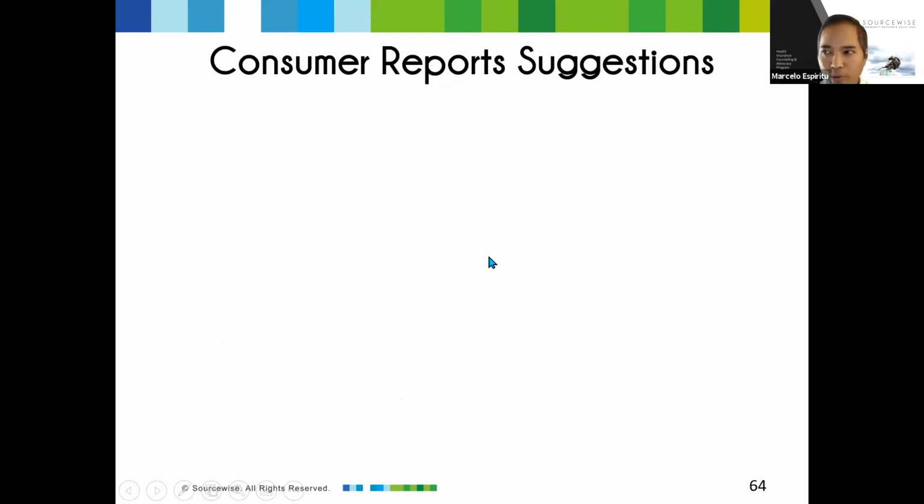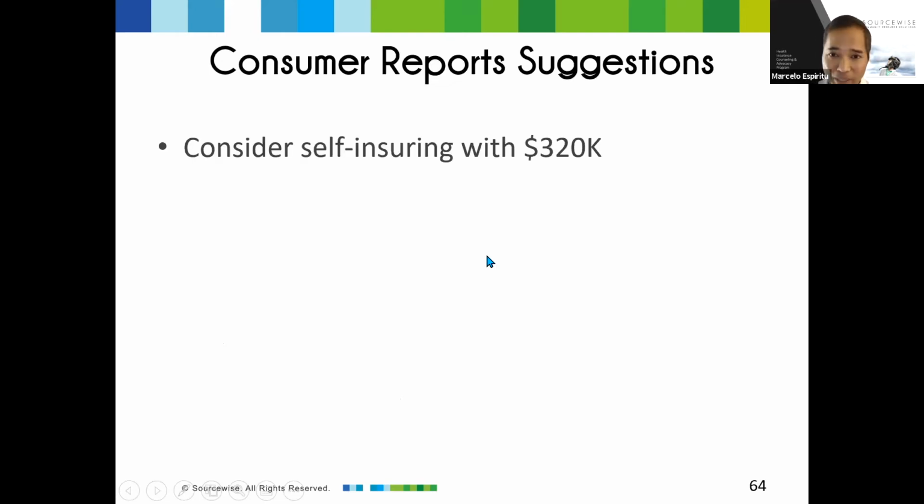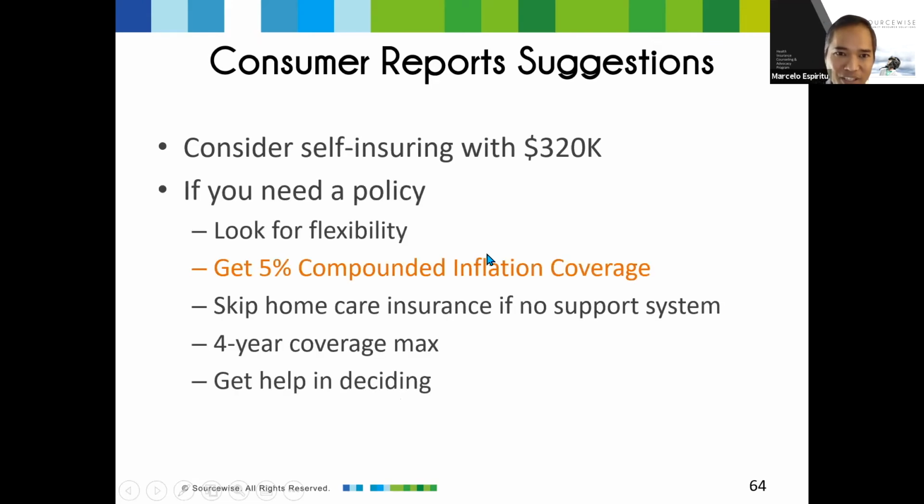This is a very old report. I left it in. Maybe I shouldn't have, but at a time, there were statements that said, consider self-insuring with 320,000. I think we can all agree that number, you'd have to be in a really low cost area for that to make sense. It probably doesn't make sense anymore. So you can see, and this slide I just kept in because